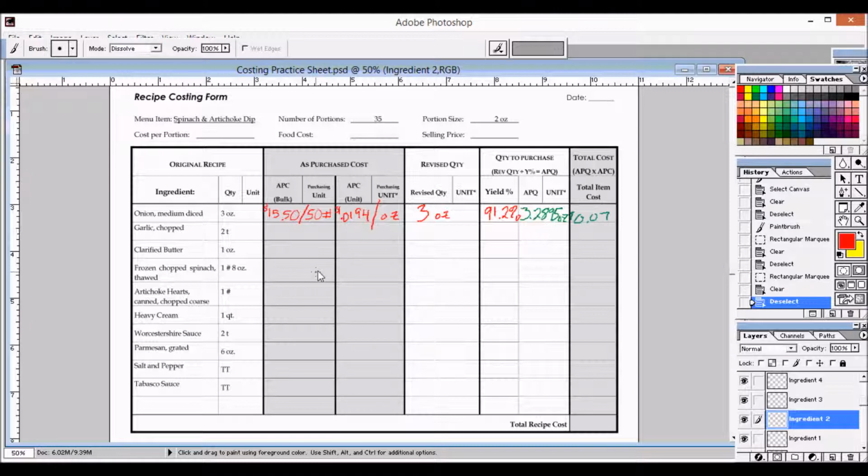I'm going to assume that we're going to just buy normal butter and then do the clarification ourselves. The reason being is that clarified butter usually costs a lot more, so any pennies that we can save for the restaurant is a good thing. So when I look up the price for my clarified butter of 1 ounce here, I'm going to just get some normal old unsalted butter. So when I look that up, the pricing guide I have in front of me says